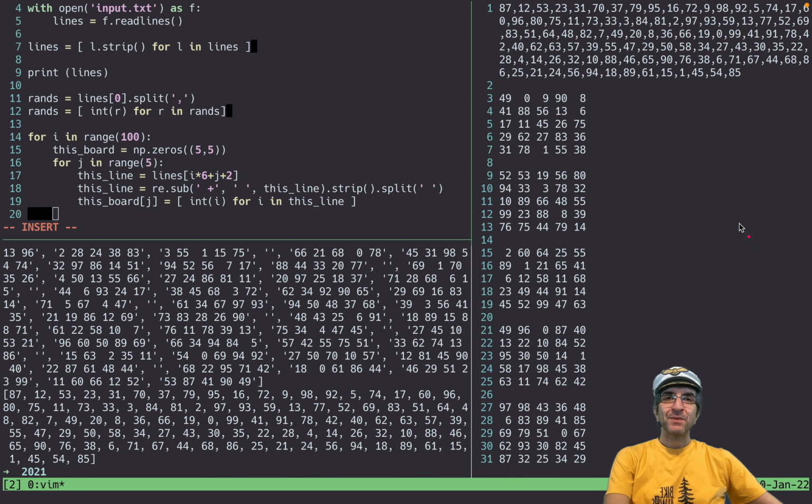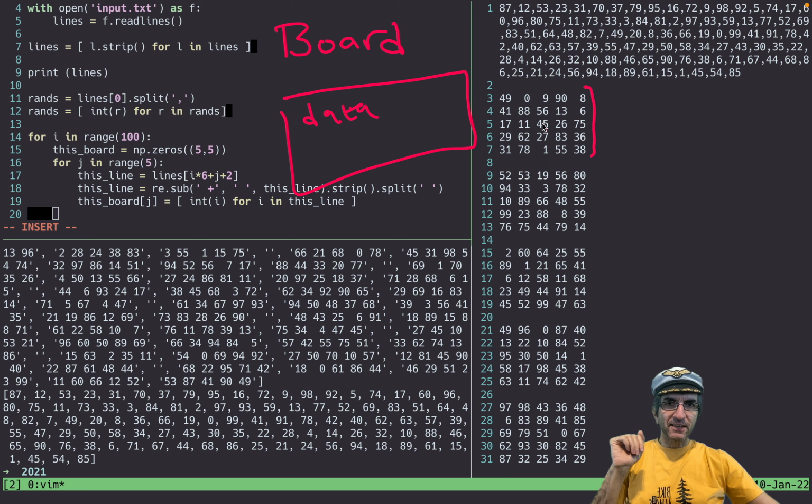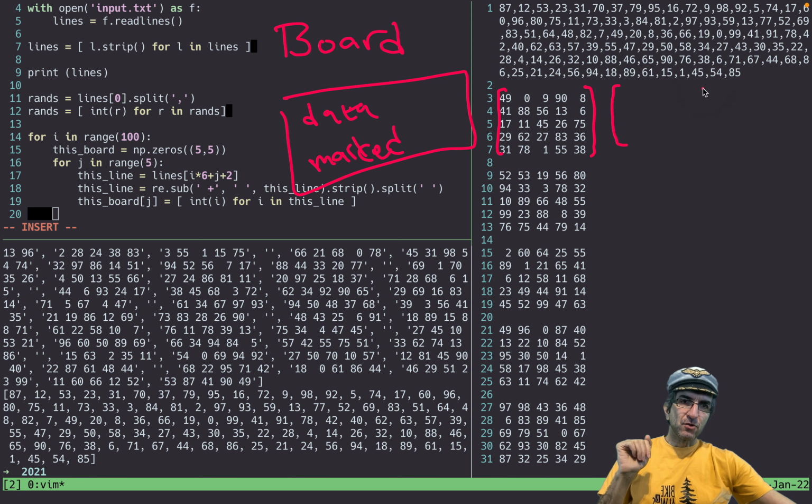Same thing happens here. We want to create a bingo board. So we can say we have an object which is a board. It has some data in it. We can call it data. This is the data inside it. It can have a marked. It's another matrix next to this matrix, filled with zeros in the beginning, saying nothing is marked.